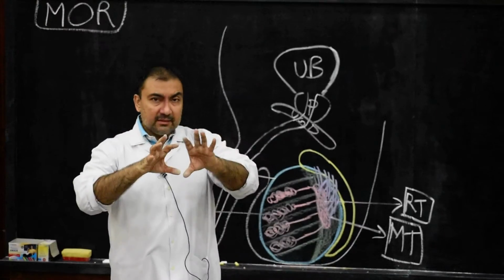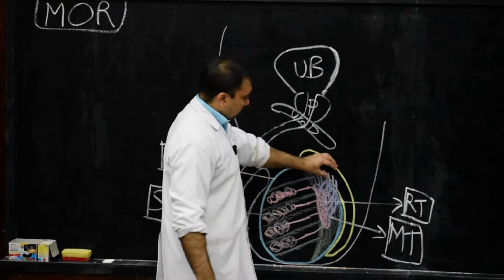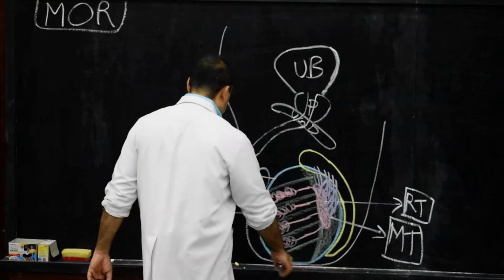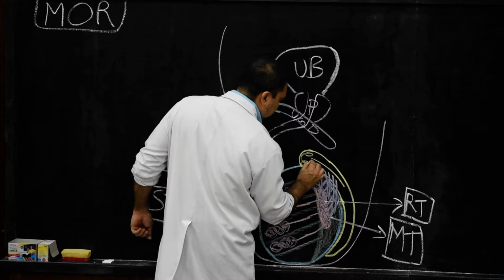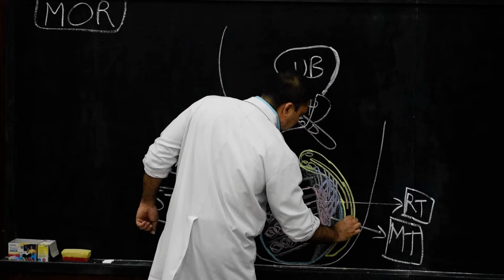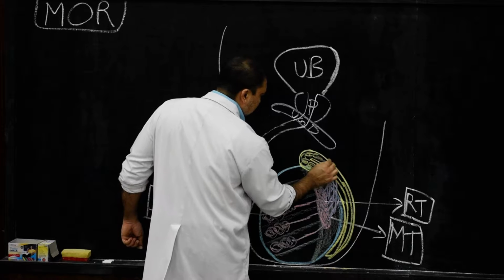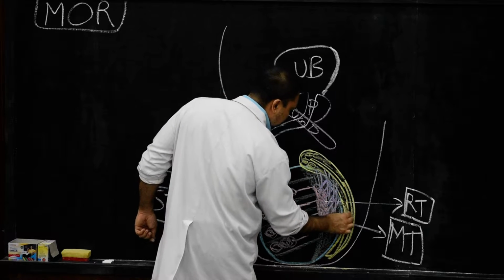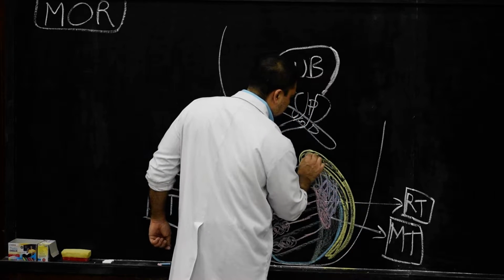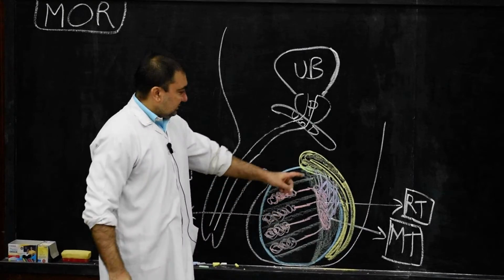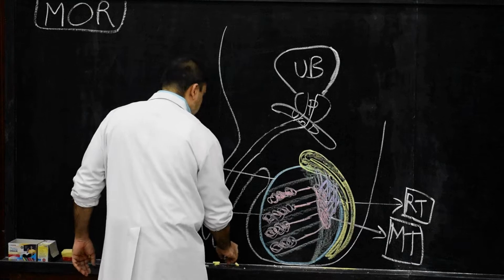Now together it will form convolutions within the epididymis, and these convolutions will form the body and tail of epididymis. This canal will continue throughout the head, body and tail, but together these convolutions will form the body and tail of epididymis. This is how epididymis is present along the entire posterior border of the testes.